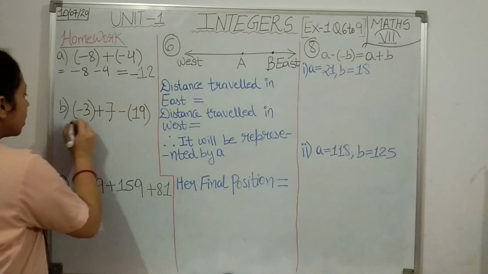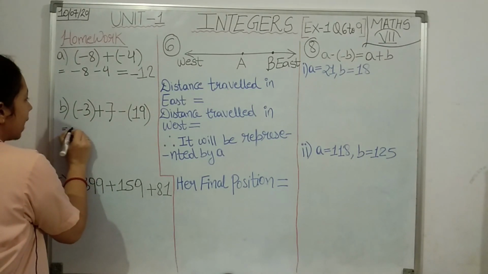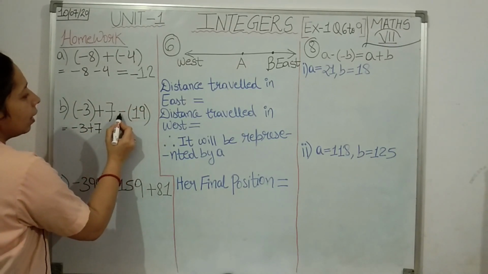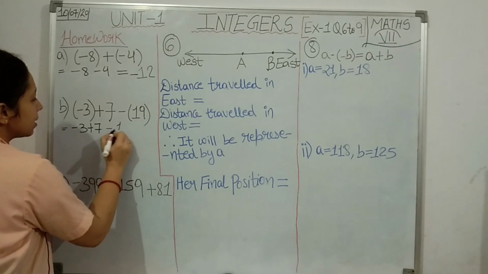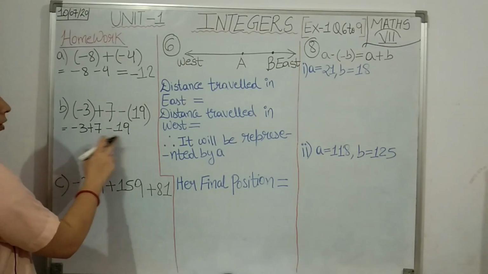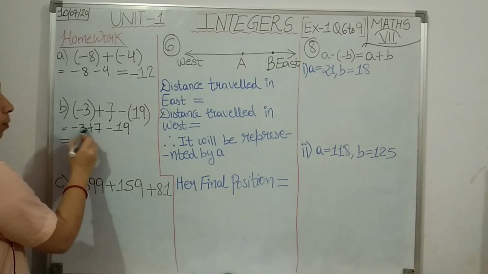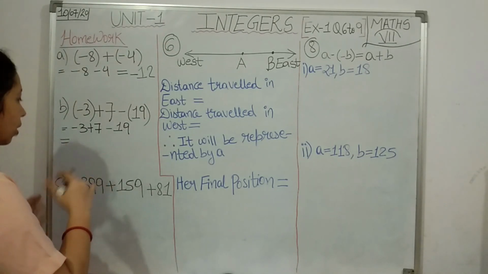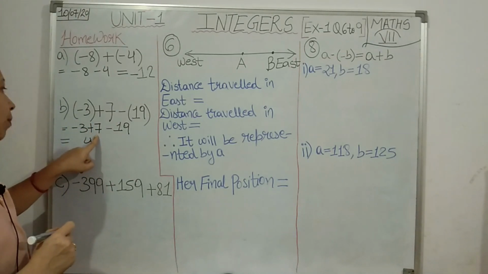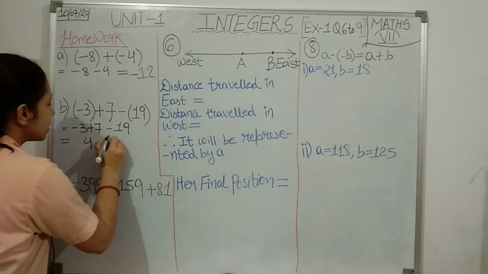Okay, next question students, again no sign is here, that means plus, so plus minus -3 plus 7, again take out this 19 from the bracket, minus plus minus -19. Okay, then solve either these two first or these two first, the answer is going to be the same only. So let us take this first, minus plus minus, so 7 minus 3 you are going to get 4. Then as 7 is the greater number here with positive sign, our answer will also be positive. Then -19.